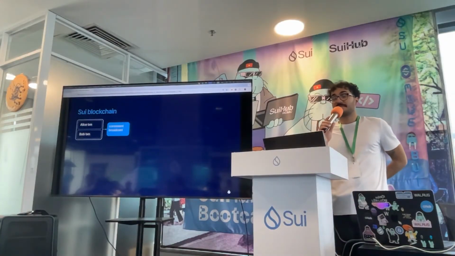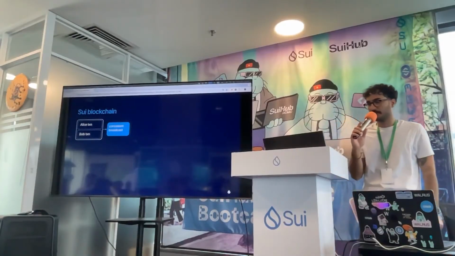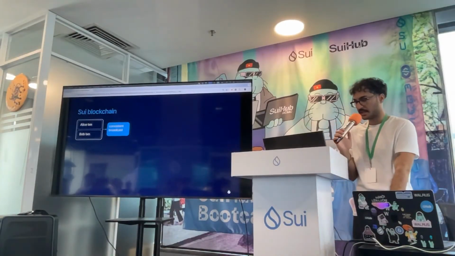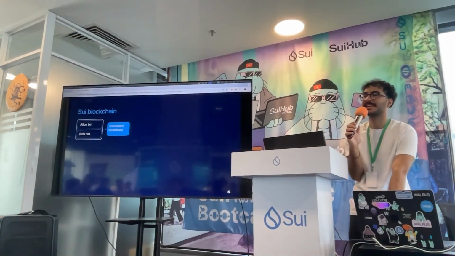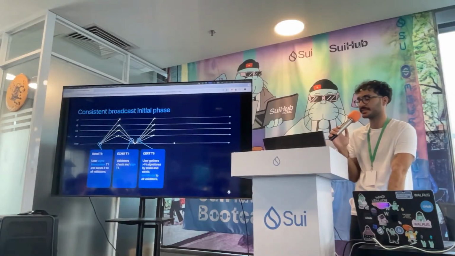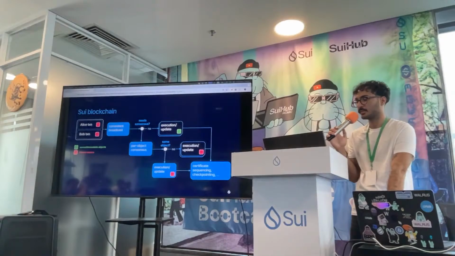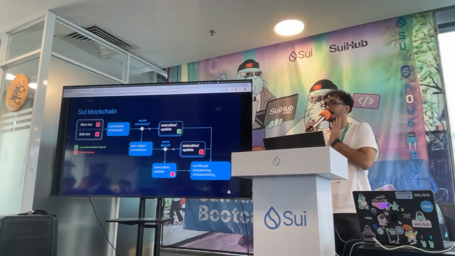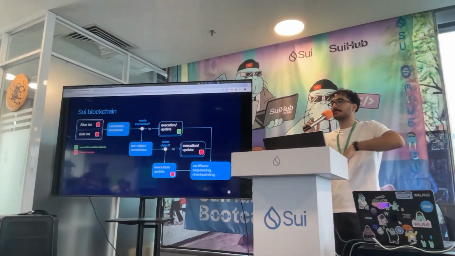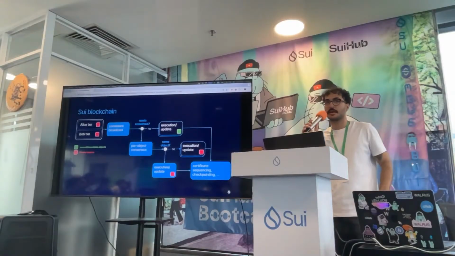Let's now dive deeper, and as a final thing for this section of the bootcamp today, I will jump into the final slide, which basically explains the entire flow. This is just step by step, we'll see. I'll go to the final step, which is this, and we'll explain how the fast path and the less fast path are